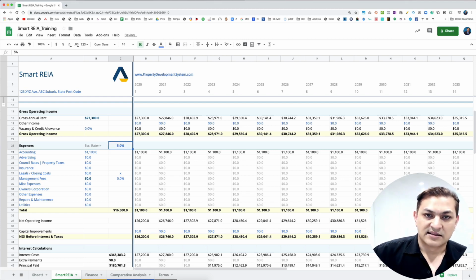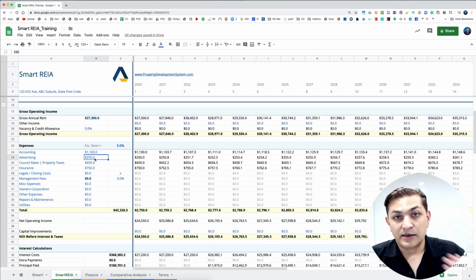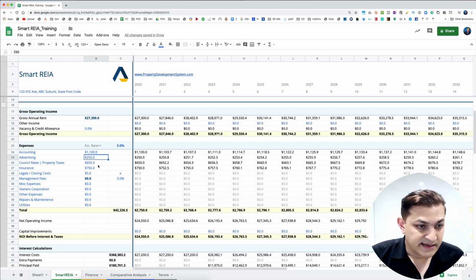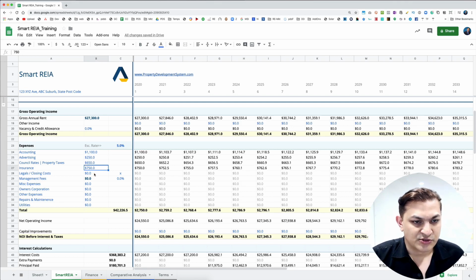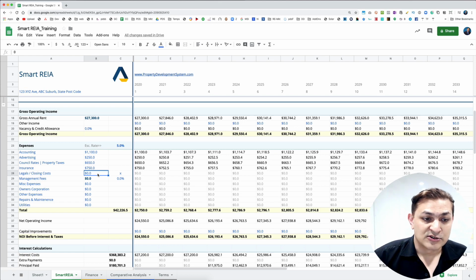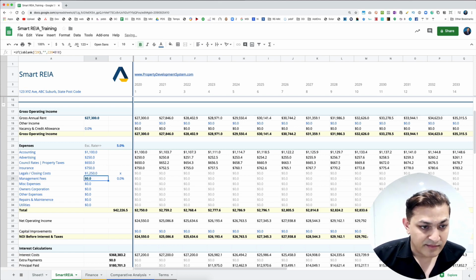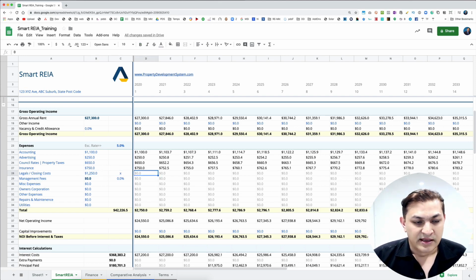So that's an escalation rate, and if you put that in there, it'll automatically do the calculation for you. And then you've got advertising, council rates, insurance that you would pay, legals on closing costs. Now, closing costs only happen once, so you don't have to allow these costs for every year. So every time I put an X over here, that means those costs will only get allocated for that 1